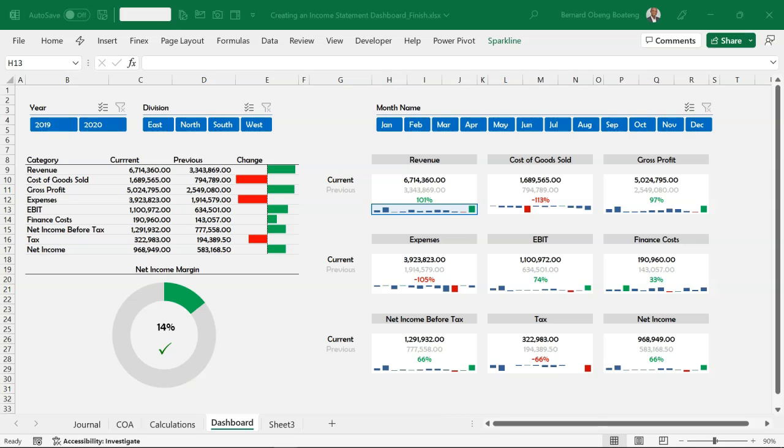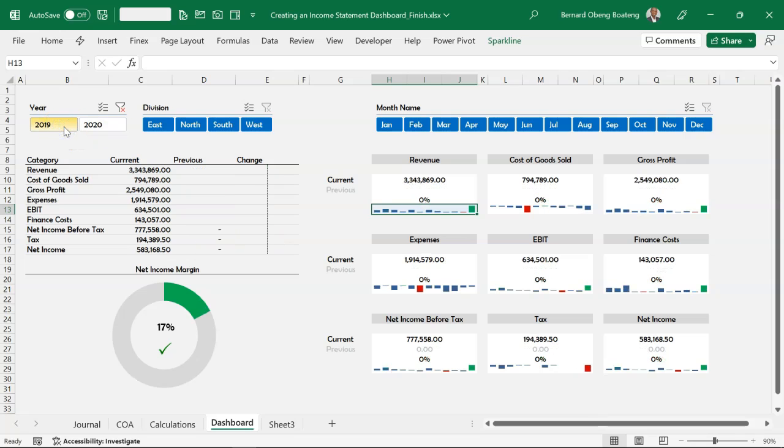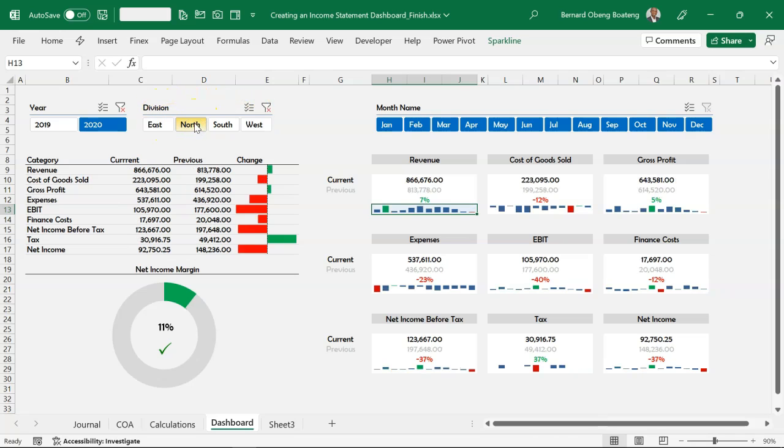So here is our income statement dashboard. It contains 2 years of financial data, so I'm able to switch between the 2 years to compare. So I have 2019 and 2020 here. As I switch these slicers, I get the numbers updated. Apart from this, if you have any dimension you want to analyze your income statement by, you can also use a slicer on that. So I have this division slicer that also drills down on each division, showing me the